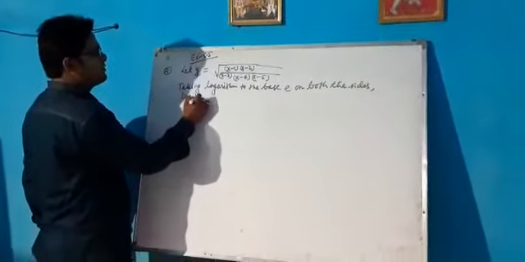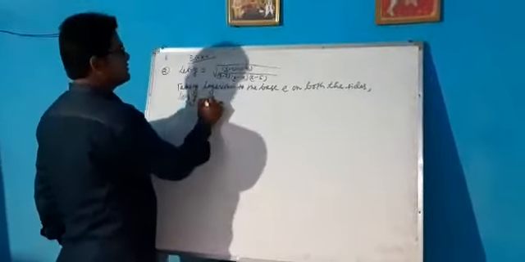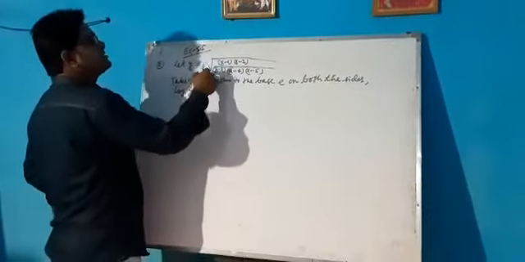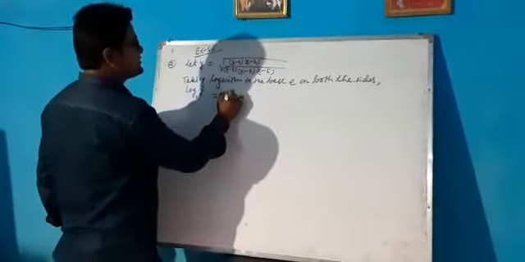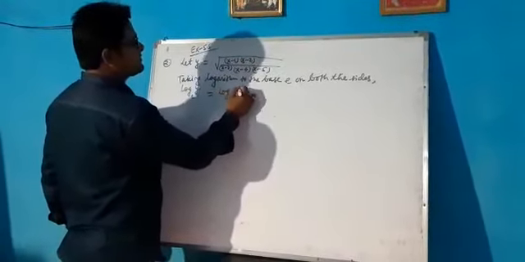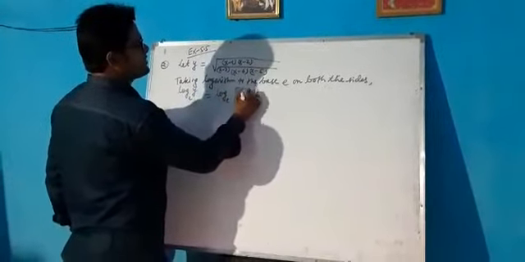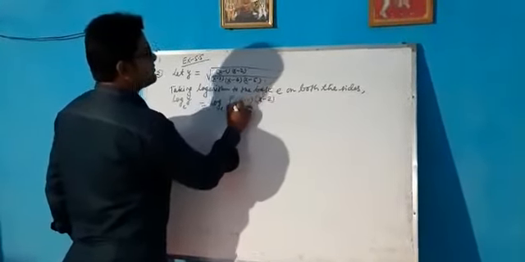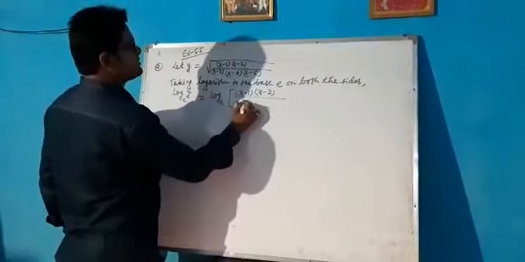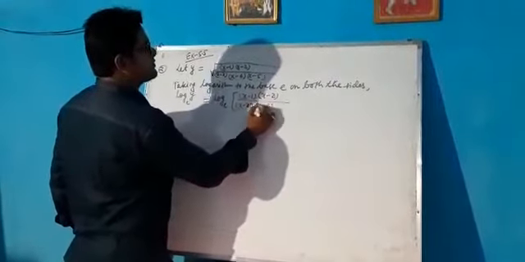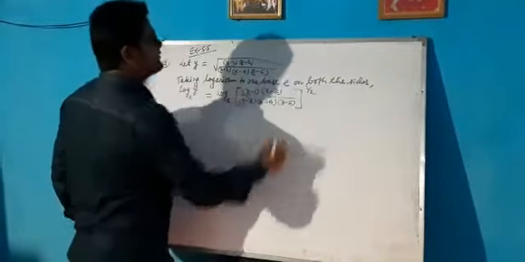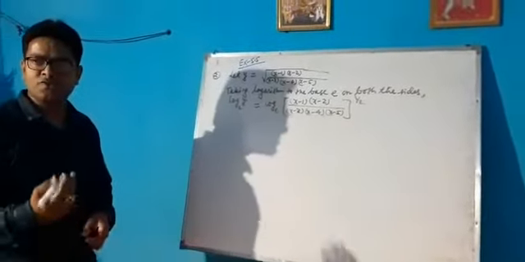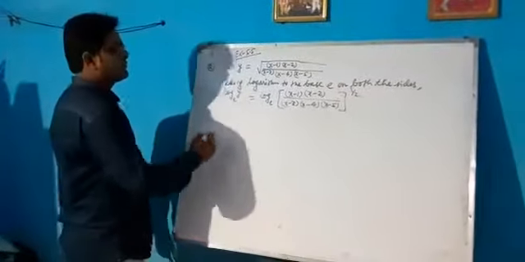Log y to the base e is equal to, now this is working as the power half. So can we write in this way? Log to the base e of (x minus 1)(x minus 2) by (x minus 3)(x minus 4)(x minus 5), to the power half, because square root is half, cube root is 1 by 3, and so on.